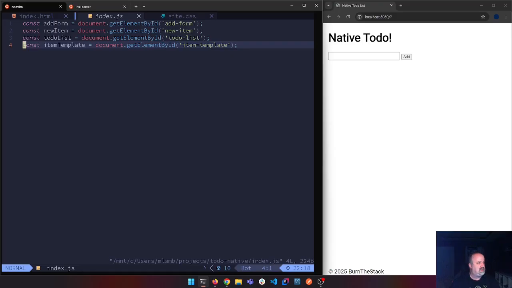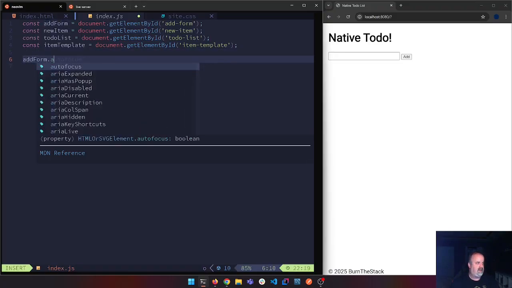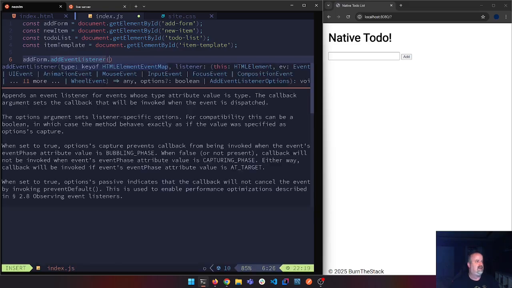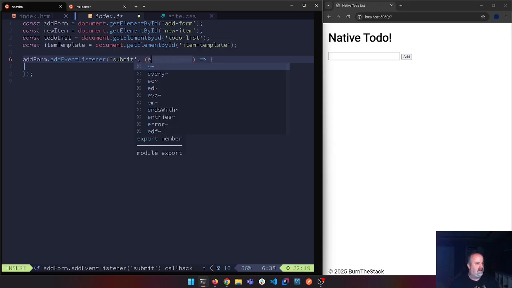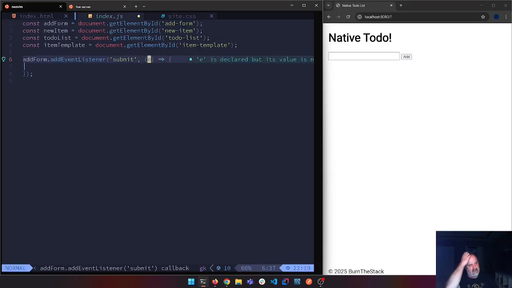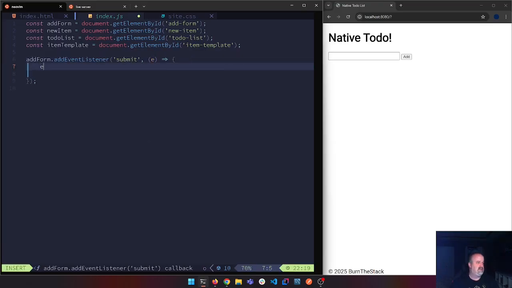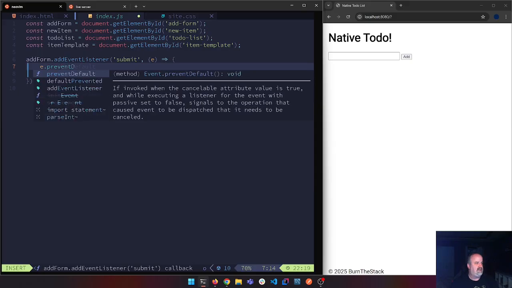Okay. So now we've got those, and like I said, the first thing we need to do is do something when this form's submitted. So we're going to take the add form, and we're going to add an event listener. And the event we're going to listen to is submit, and then we're just going to bind a function to that for handling it. Now, on these event listeners, there's a parameter called e. And in JavaScript, we can include that parameter if we're going to do something with the event. But if we're not, we can omit it if we want. We are, in this case, going to be doing something, which is we are going to be doing e.preventDefault